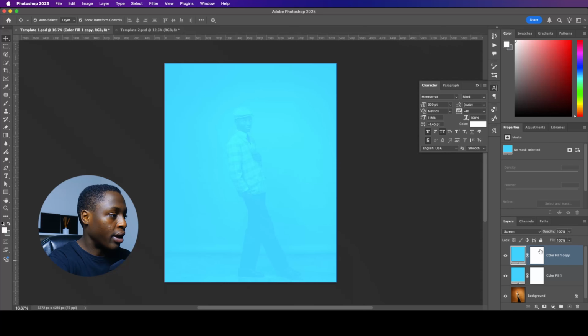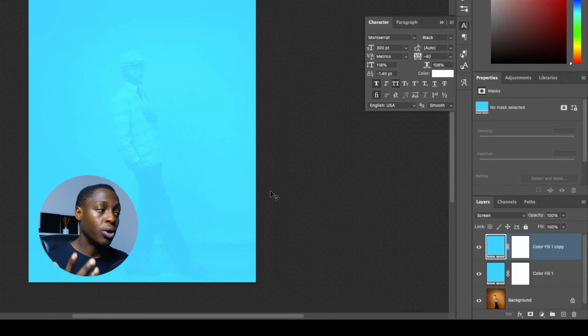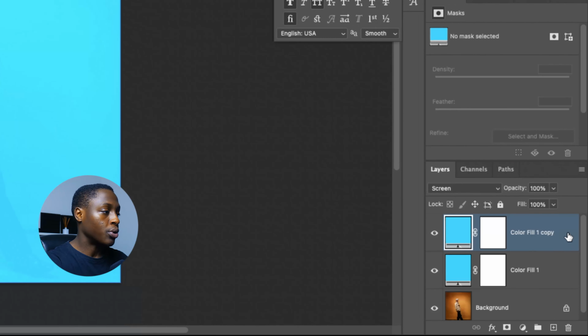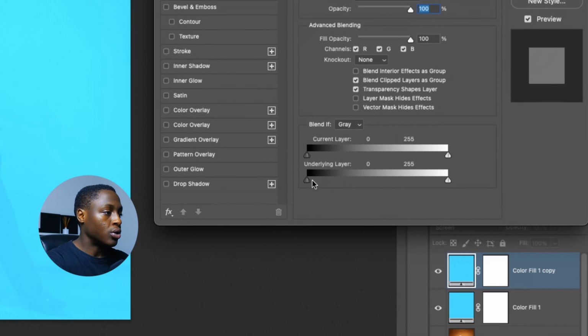So we need to understand that multiply darkens and screen brightens. And when we look at this layer right here, it's brightening the dark part. It's supposed to brighten the brightest parts and leave the dark parts. But right now, as we can see, the dark parts are also being brightened as well, which we don't want, right? So what we're going to do is double click here, and we're just going to adjust